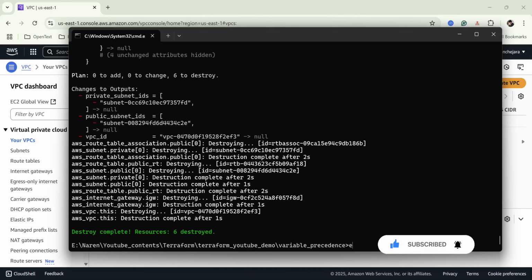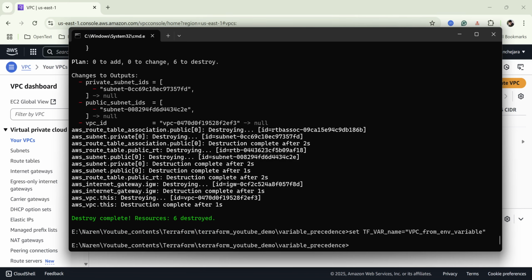So let's say export, this is Windows, so we will set TF_VAR. This string should be predefined and in capital letters in order to understand this is the environment variable, and then we can give a name like, let's say, VPC from environment variable,